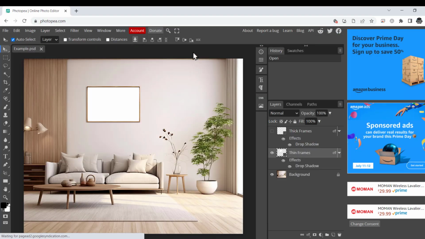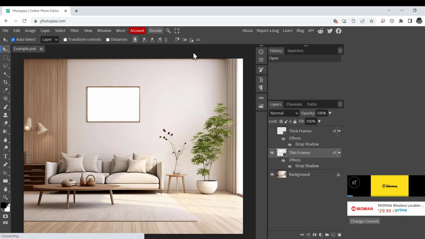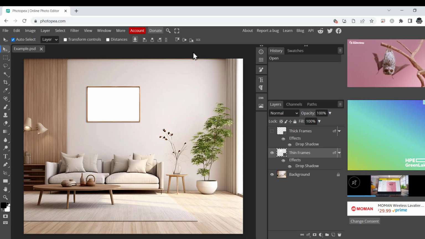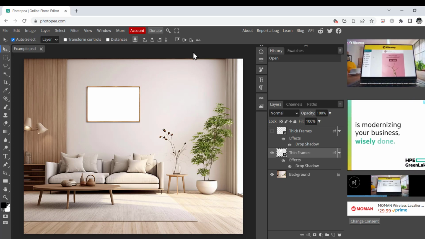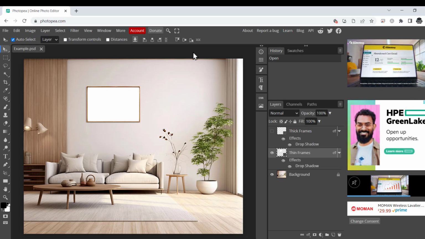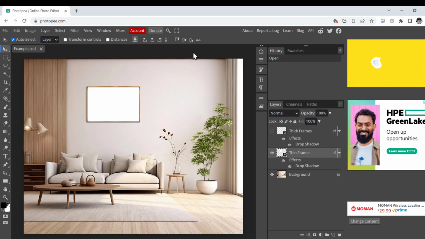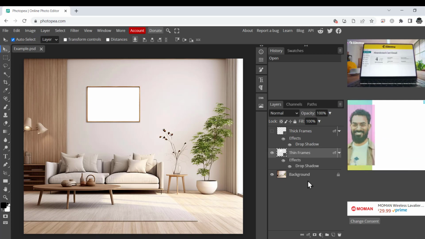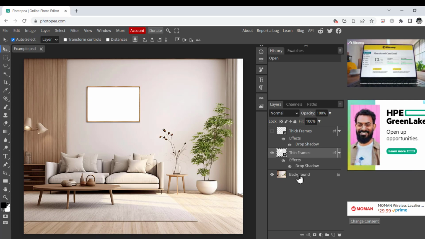Once it loads, you'll see an interface which is remarkably similar to Photoshop. So if you've used Photoshop, you'll be very surprised at how similar this product is. And like me, you'll be wondering, why have Adobe allowed this to happen? How come they haven't sued? I have no idea. So if you look in the Layers panel,